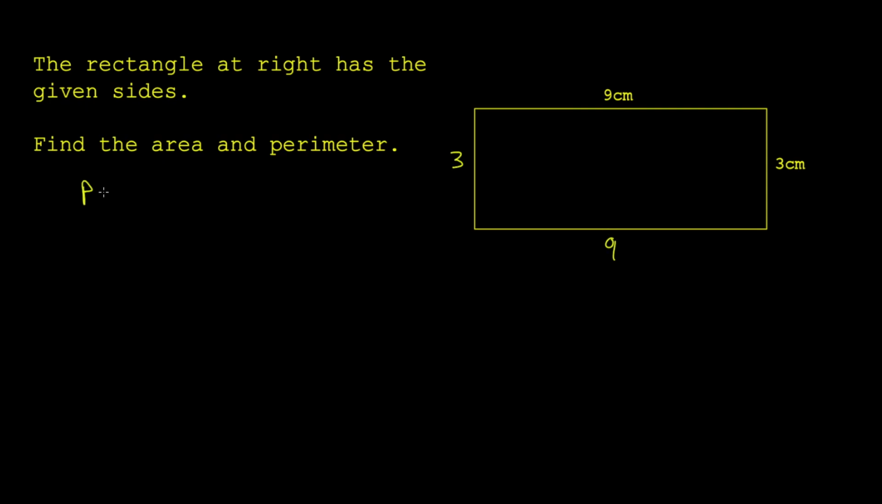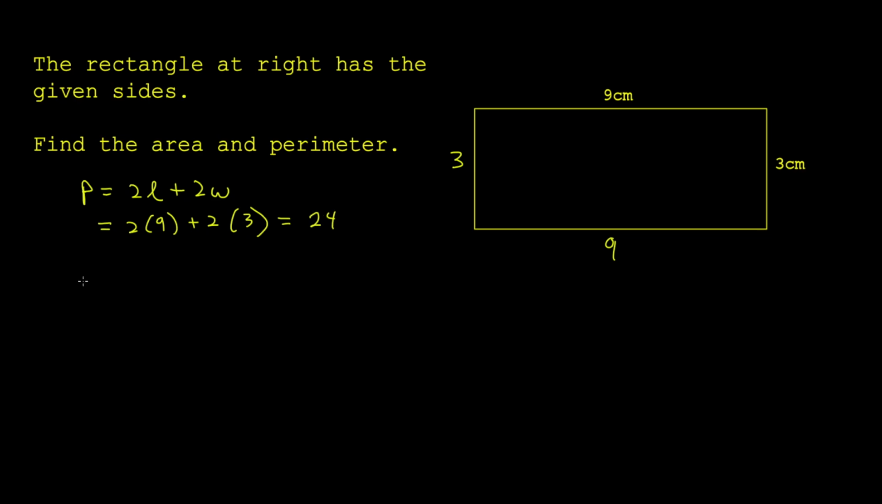Now the perimeter of a rectangle is 2 times the length plus 2 times the width, because we go around the length twice and we go around the width twice. So this is going to be 2 times 9 plus 2 times 3, which is of course 18 plus 6, which is